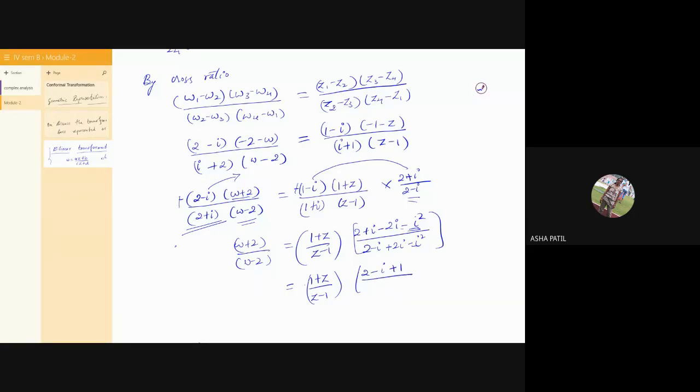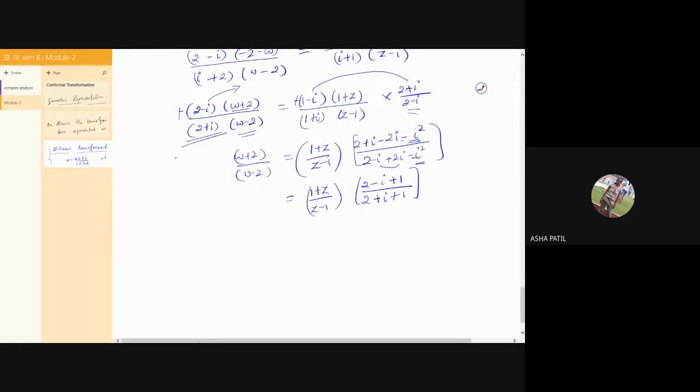Now in the denominator similarly, 2i minus i becomes plus i, and here minus i square means it becomes plus 1. Now it is (z plus 1) upon (z minus 1) into (3 minus i) divided by (3 plus i). Okay, so now let us